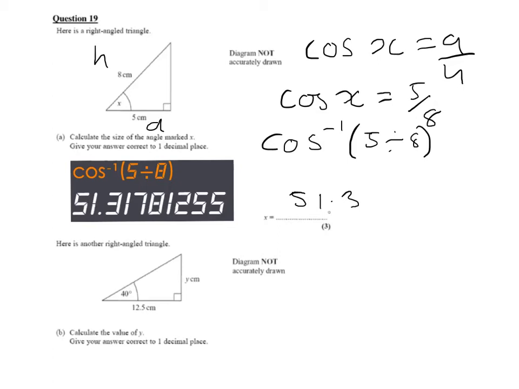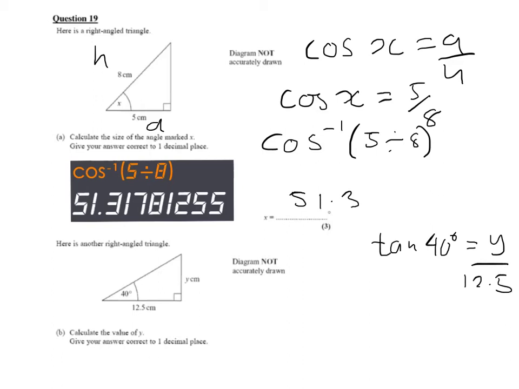So moving on to our next question, we're now required to find a length. We've been given, let's look what we've got. We've got an angle, and we've got the adjacent side, and we're finding the opposite side. So the formula that connects the adjacent and the opposite is the tan formula. So we've got tan of 40 degrees equals the opposite side, which is y, over the adjacent side, which is